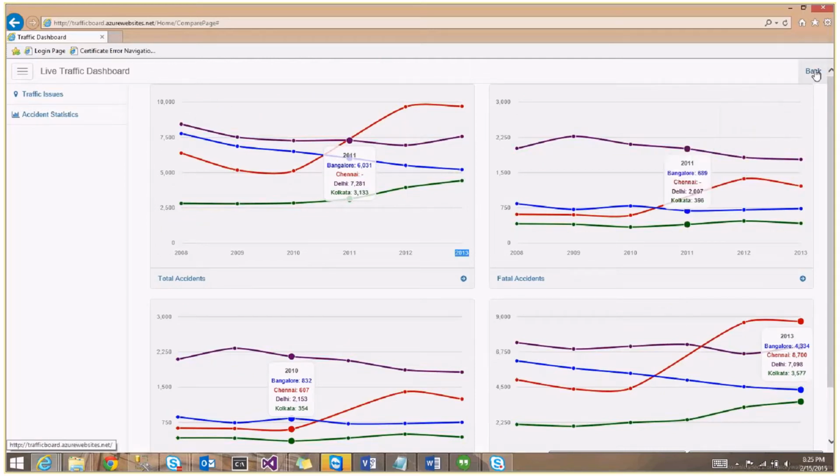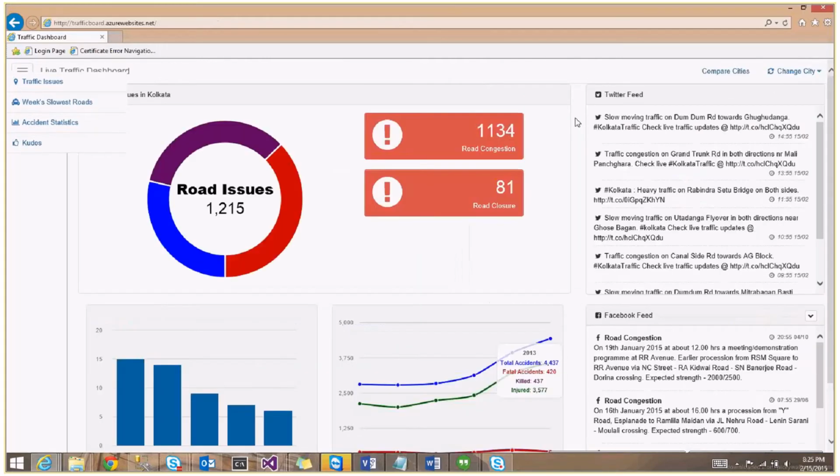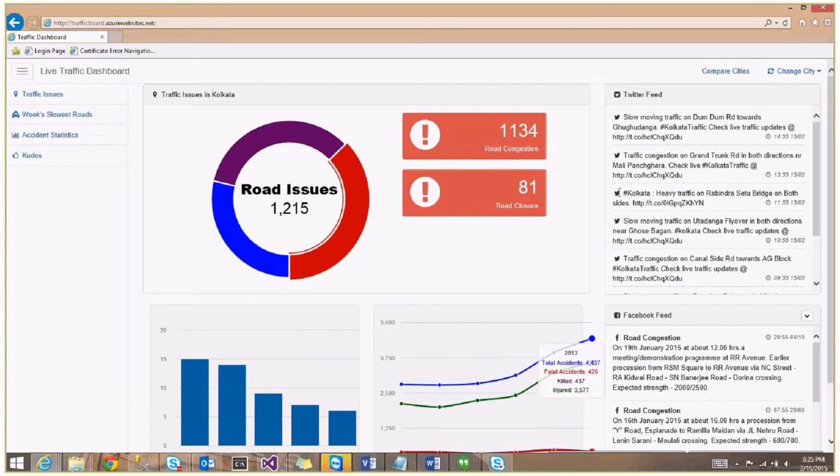So this live traffic dashboard auto refreshes every 5 minutes and thus can enable real-time traffic analysis for both traffic police and the commuters. So now I would like to conclude